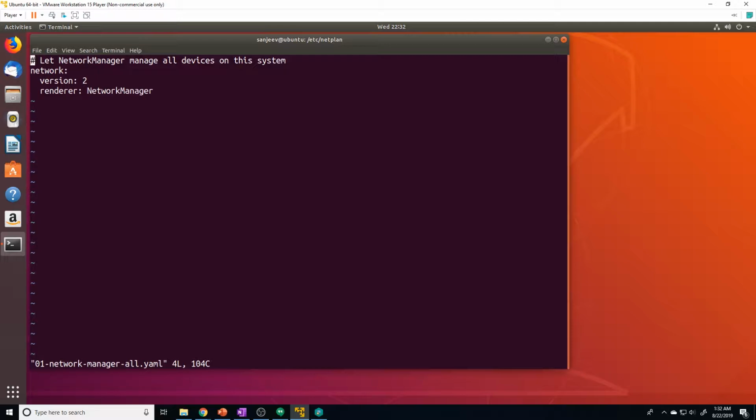Now, if we want to override that, go ahead and just create a new line. And this is very important. This is a YAML file. So with YAML files, the actual spacing matters. So don't just put any line willy-nilly wherever. You need to make sure that the spacings are exactly matching the correct number of spaces. So if you look here, there's two spaces, and then the word starts. So we want to go 2 spaces and make sure they're not tabs. We want spaces, okay? And then we're going to type in ethernets: